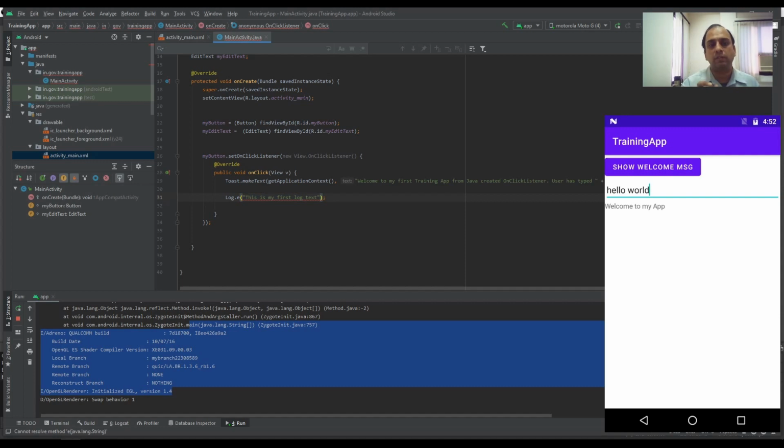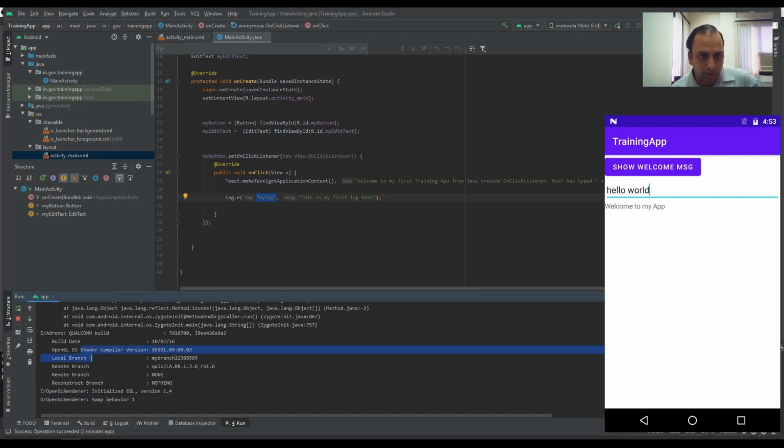The tag is a piece of text which you will use to distinguish your logs from other logs, because your logger, the logcat, will run so many messages. So let's say my tag. Okay, and let's try to run it. What do you think, when will this log e run? When the user clicks on that button. So that should reflect here in this window. Let us try to see.